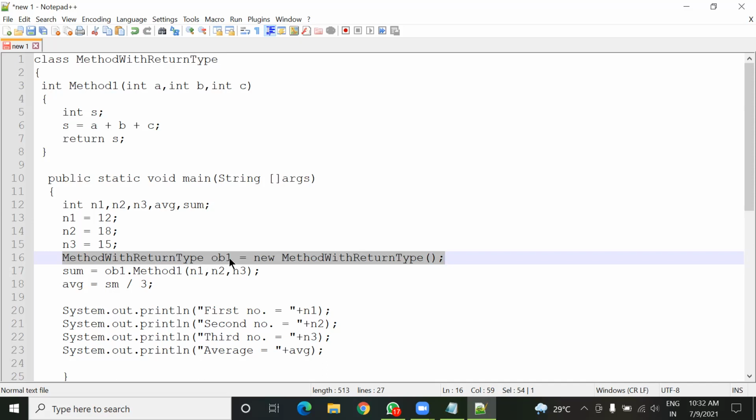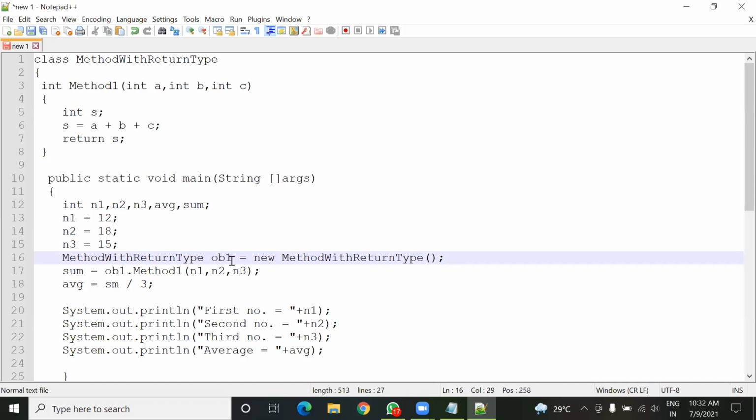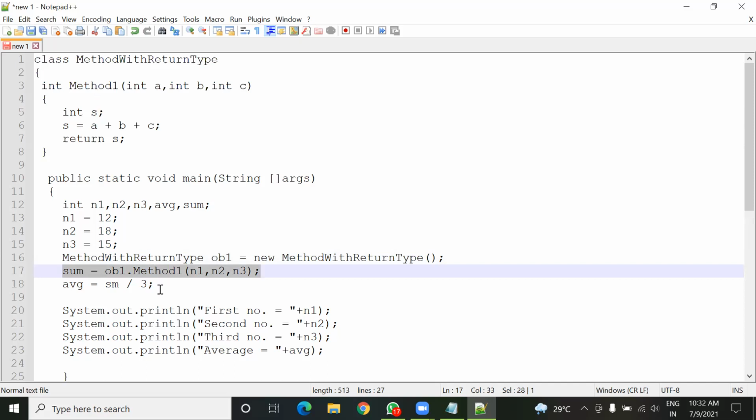Why have I created one object? I have created one object so that I can access this method, method 1, because with an object we can call the method.